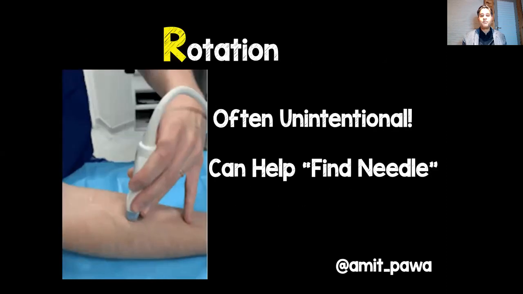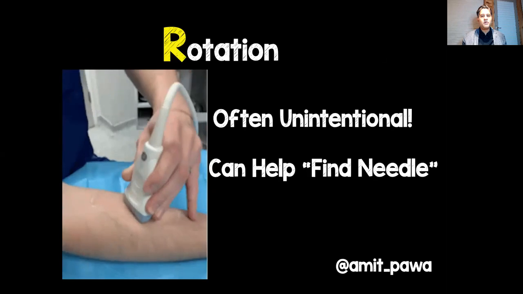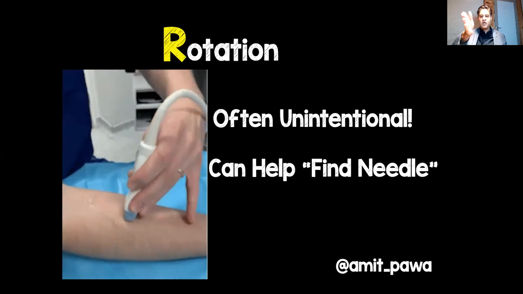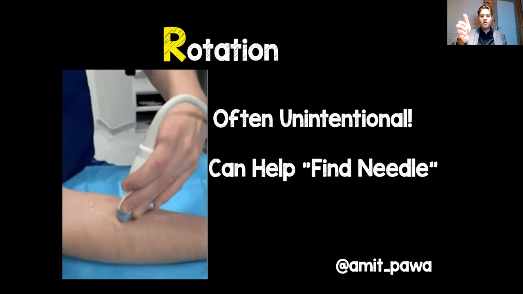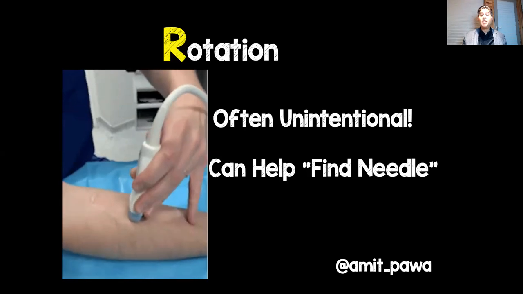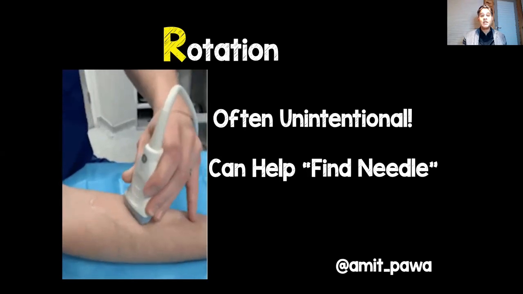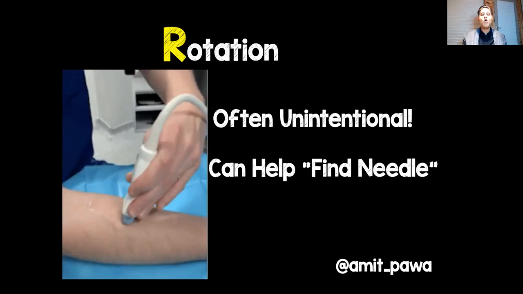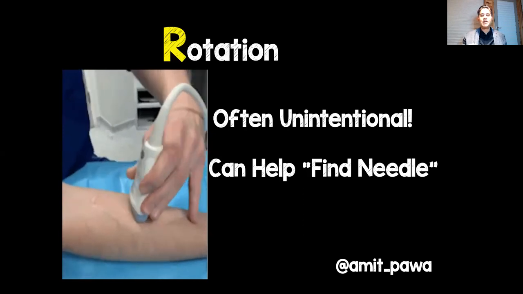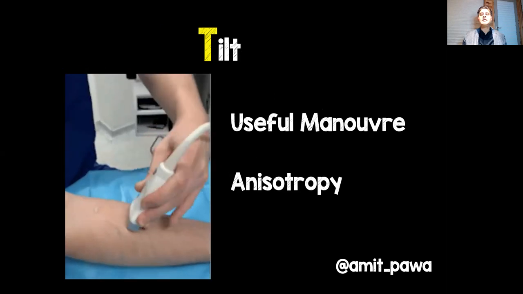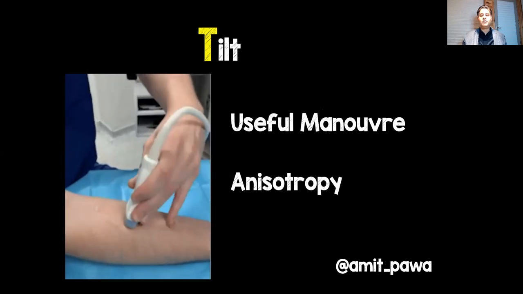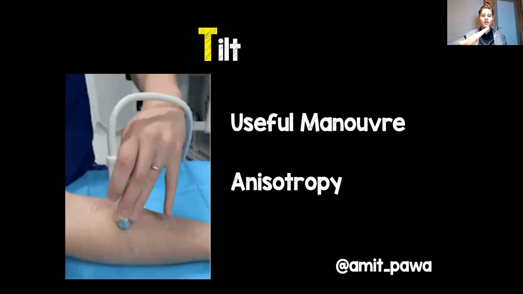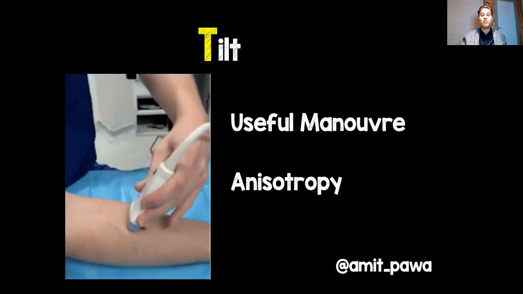That's alignment. Rotation is something people often do unintentionally. That's where you literally rotate the probe on the surface. Now you can use it, and I'll refer to it a little bit later. You can use it intentionally to help you find the needle, but this is something that's not often used intentionally. And lastly, tilt. A tilt is a useful maneuver, and it literally involves changing the direction of the fan